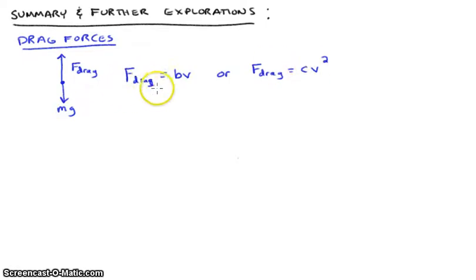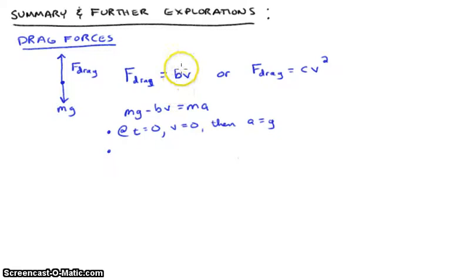But just a couple other little points with this. If we use this, we end up with Newton's second law telling us that mg minus bv equals ma. That's really a differential equation in disguise, because we can write this as dv/dt. And if we know that at t equals 0, v equals 0, then initially acceleration equals g. That makes total sense. And then of course what we would imagine is that as t gets bigger, velocity is going to get bigger, so drag force gets bigger,